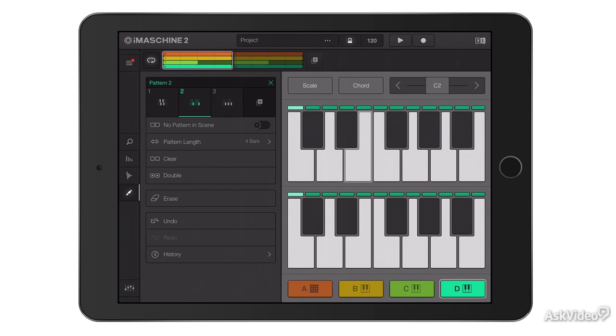So if I was to go back to my first loop, it would be using pattern 2. You can see it's showing me that. If I was to go to my second section, it's showing me that it's using pattern 3. So between the 4 slots and the 4 pattern slots per instrument, you can mix and match quite a lot